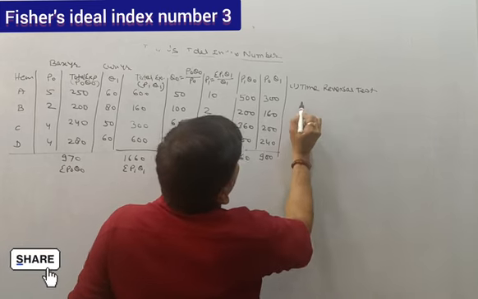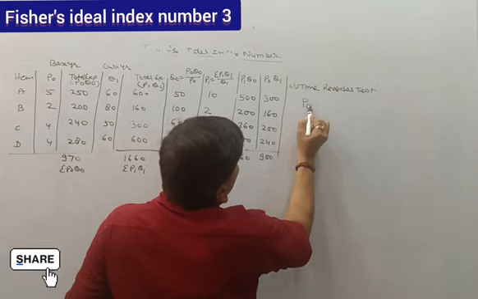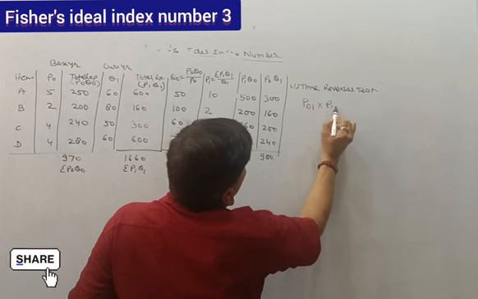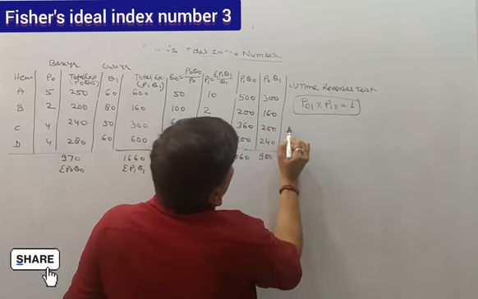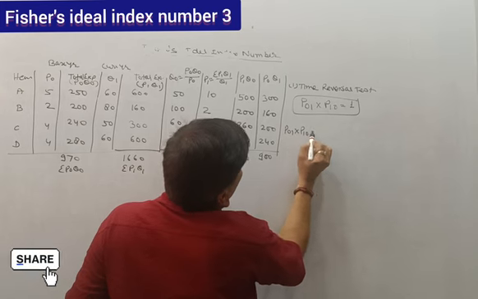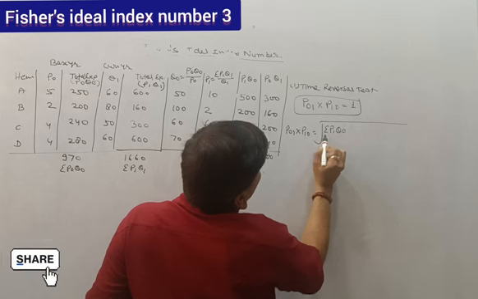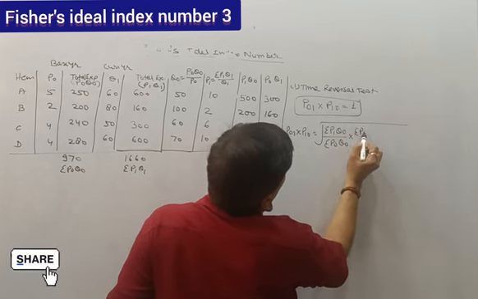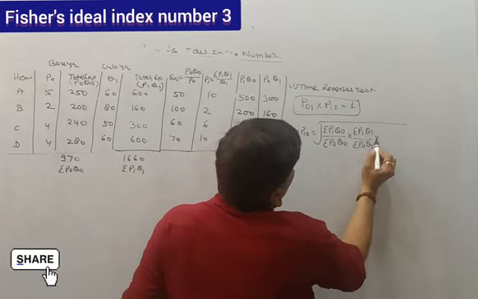Time reversal test is: index number of current year on the basis of base year, and index number of the base year on the basis of current year, the multiplication is 1. So P01 times P10, already I have done 2-3 times. Sigma P1 Q0 divided by sigma P0 Q0, multiply by sigma P1 Q1 divided by sigma P0 Q1, multiply